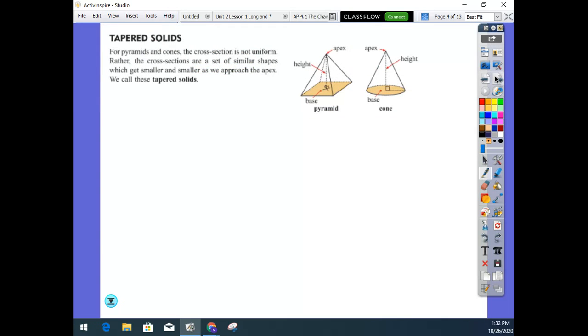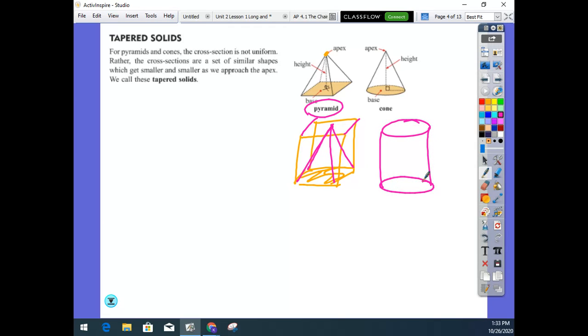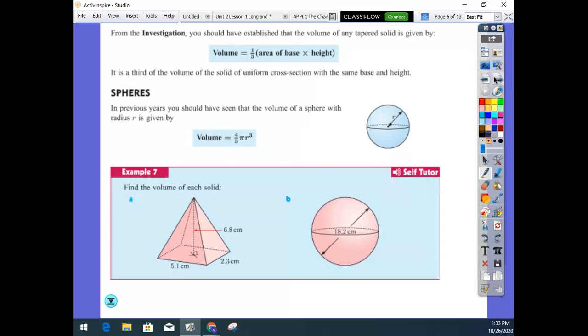All right. A tapered solid is when you start with a base that's a shape and you taper it up to a point called the apex. So think about a rectangular prism with a square base. What tapering does is it makes it a third of the original full figure. So a pyramid is a third of a rectangular prism. Your cone, it's like you start with a cylinder and it tapers and it's a third of a cylinder. So that's why your formula,